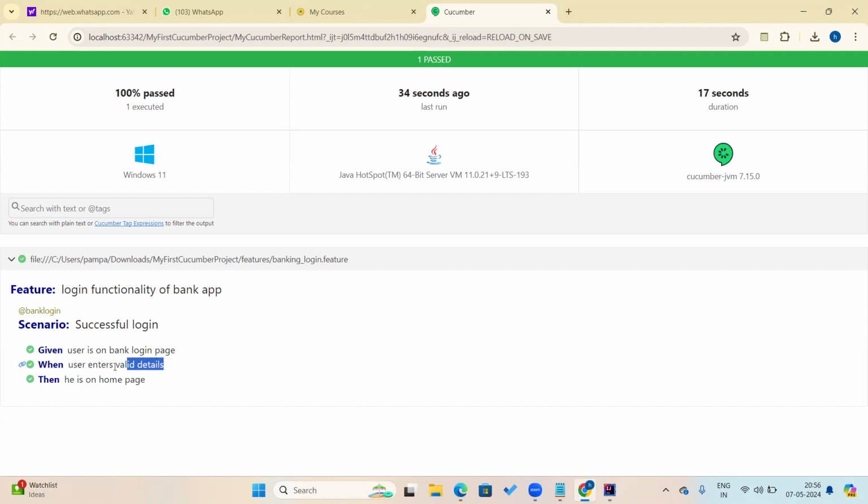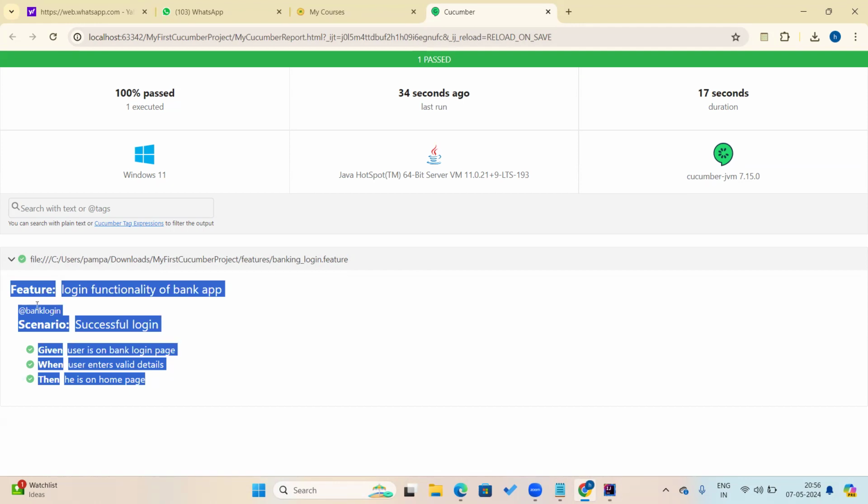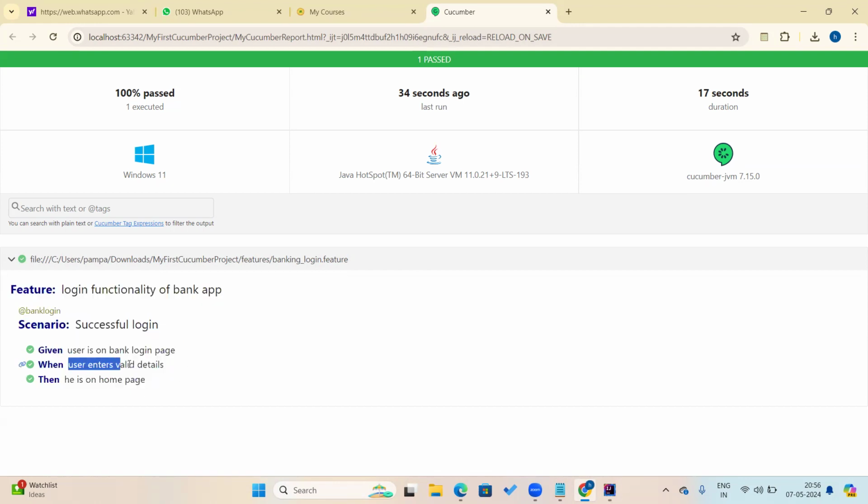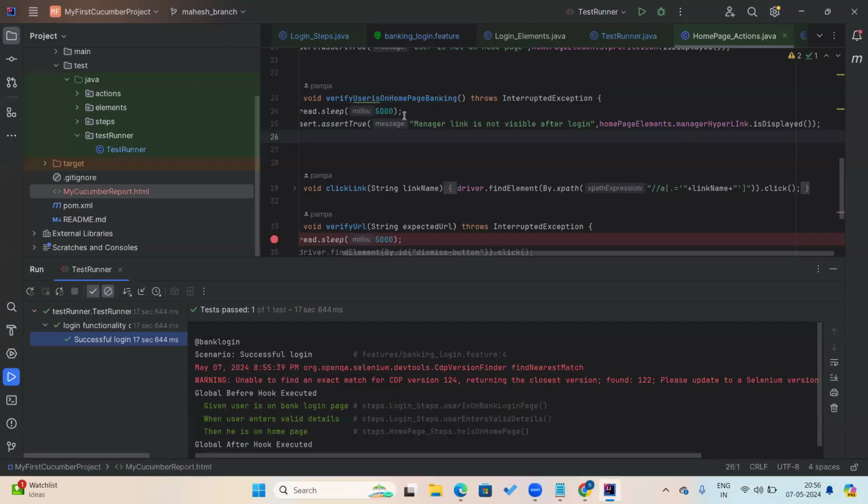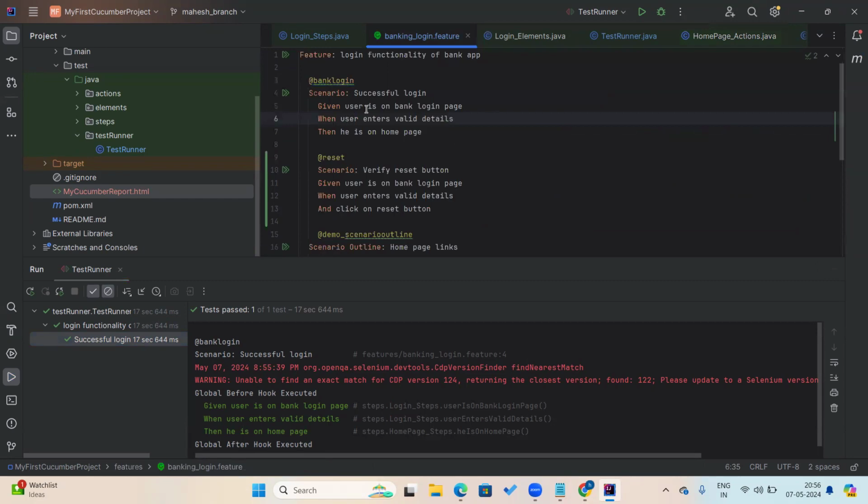But if you share this particular report with somebody else, he would not know which credentials have been used, right? So in order to show the data that we have used for login, we have to use a concept called parameterization. Parameterization is nothing but tweaking your feature file like this. For example, I have this bank login feature itself, right? So user is on bank